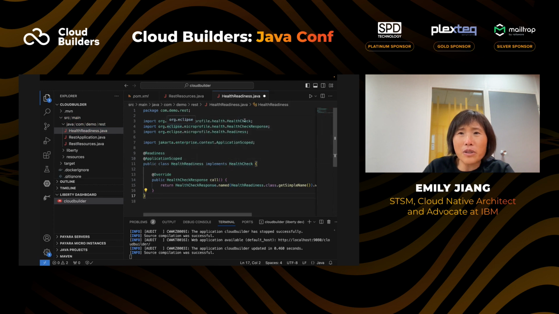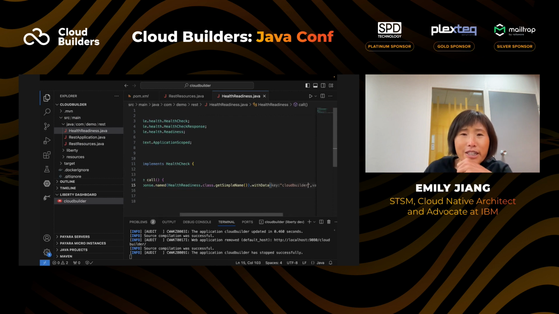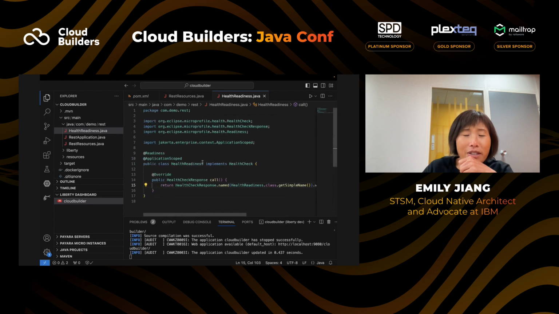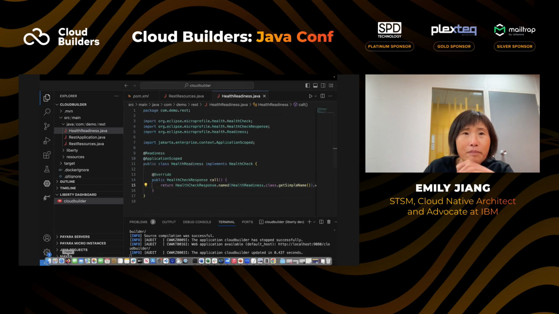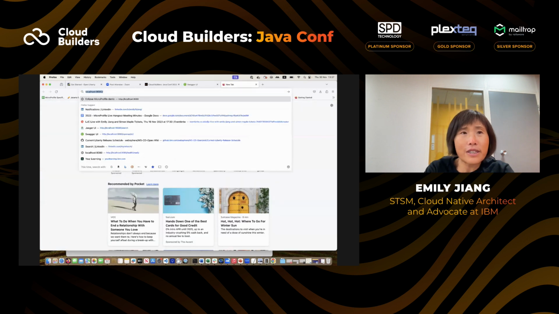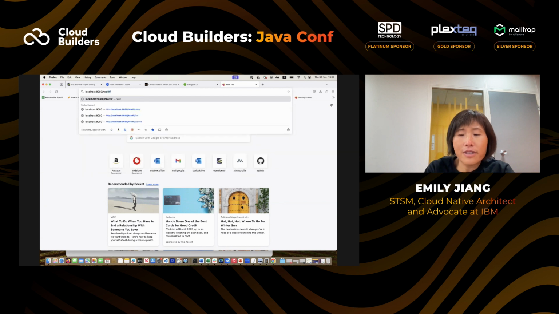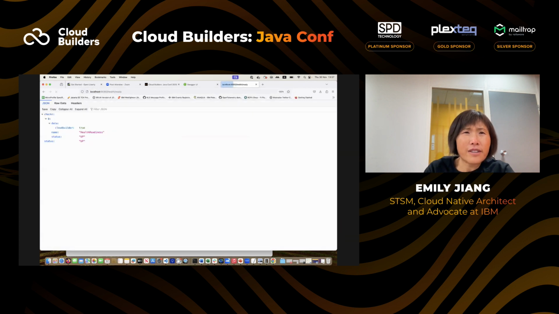This is all the MicroProfile Health specification. It's automatically generated. If I say Cloud Builder, here I just demonstrate to you. If we go back to here, it automatically gives you the endpoint, 9080 health slash ready. As you can see here, Cloud Builder true.